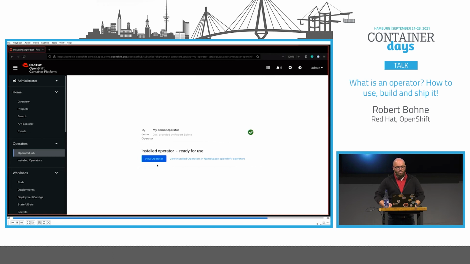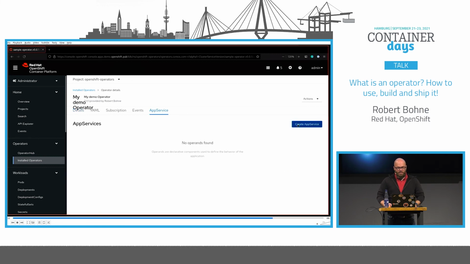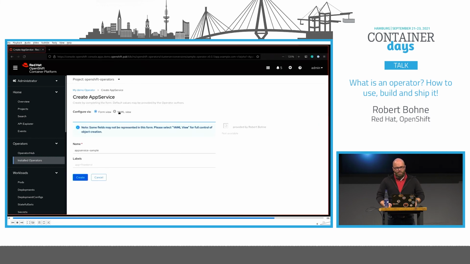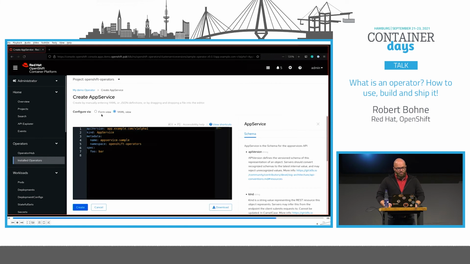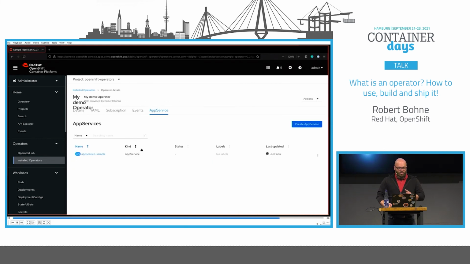And if the operator is available, we see in our UI that the operator is installed, and then we can create an instance of our operator, OKD and OpenShift providing a form. If you like, you can add your own fields, or you can simply apply the custom resource to your cluster,